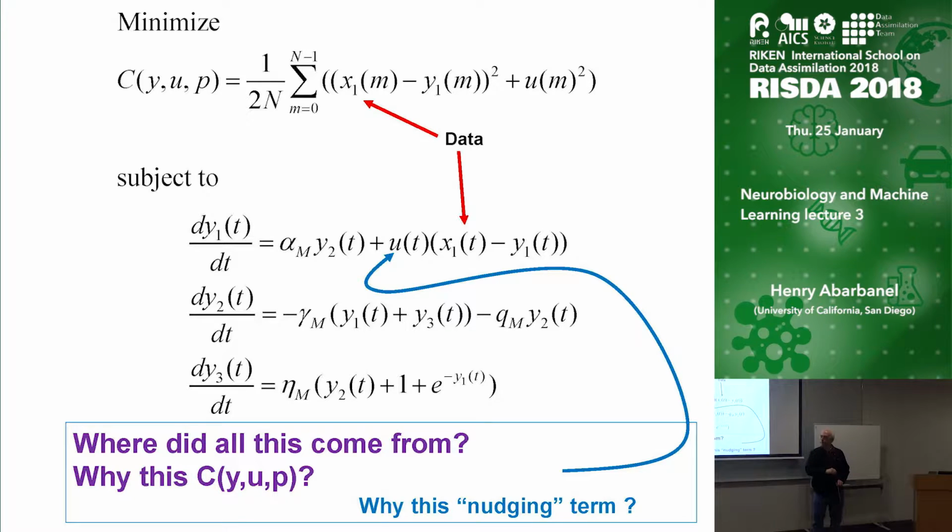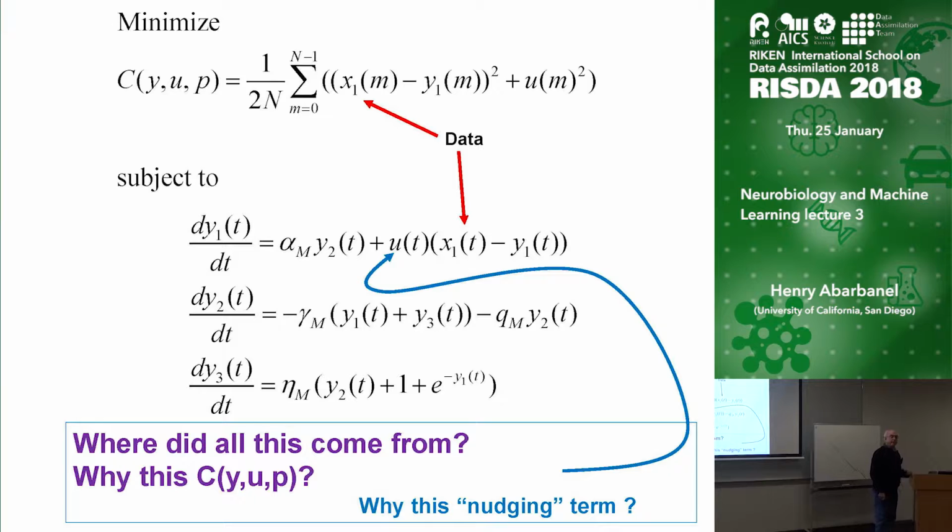Yes, sir? Is it special that this term arises, or you write it in the equation for y1? No, no. Suppose I had measured y2. I'd put it here, right? You can even be more creative than that. I could have put this into this equation, but it wouldn't have had the direct effect on moving my model to the data as this one does. It would have an indirect effect at second order through the nonlinearity, all right? But I didn't want to make it, it's already complicated.